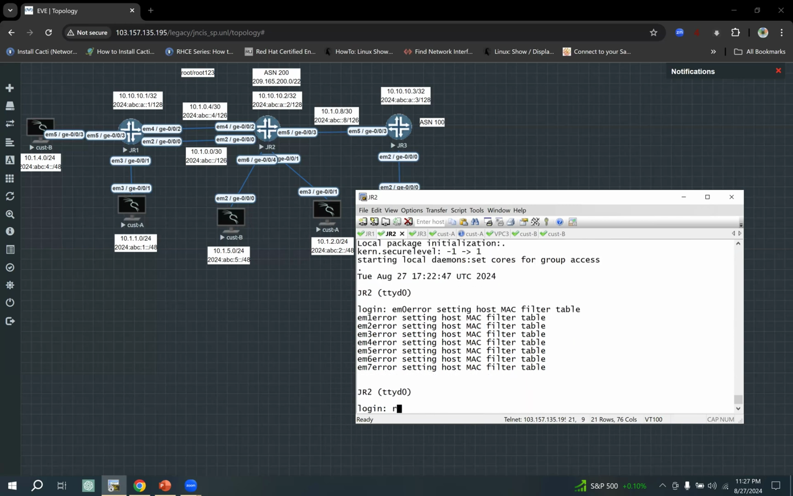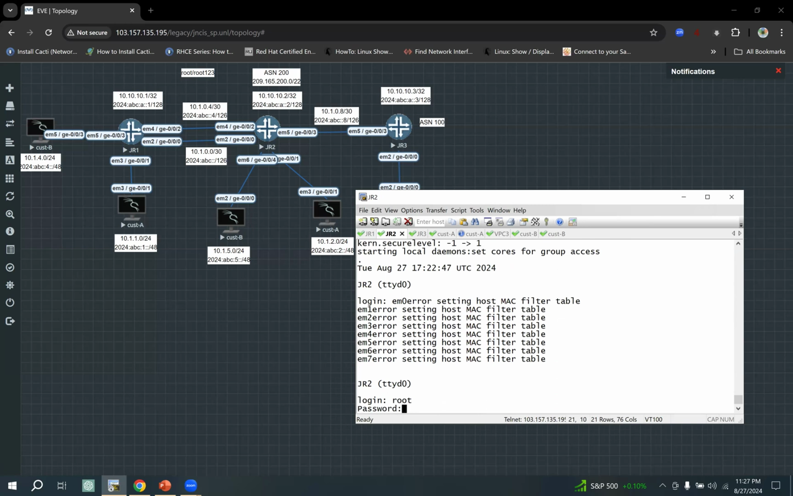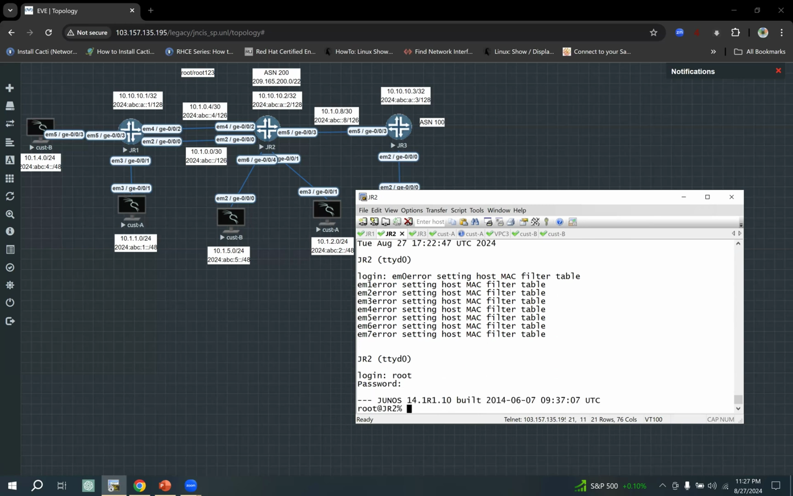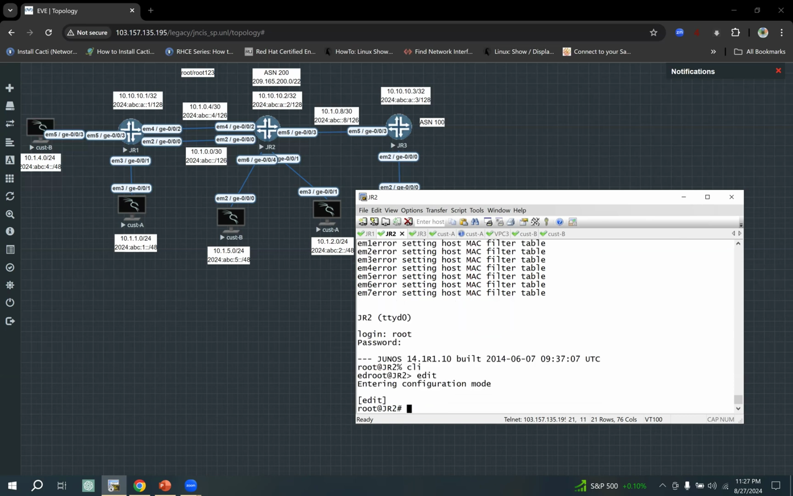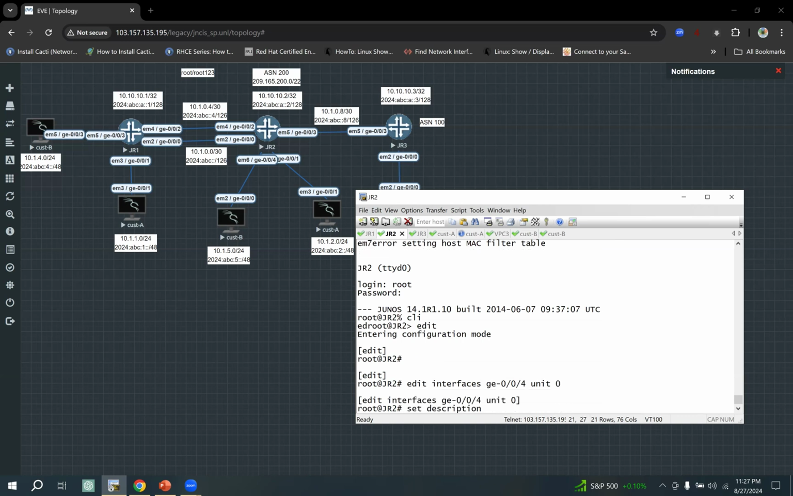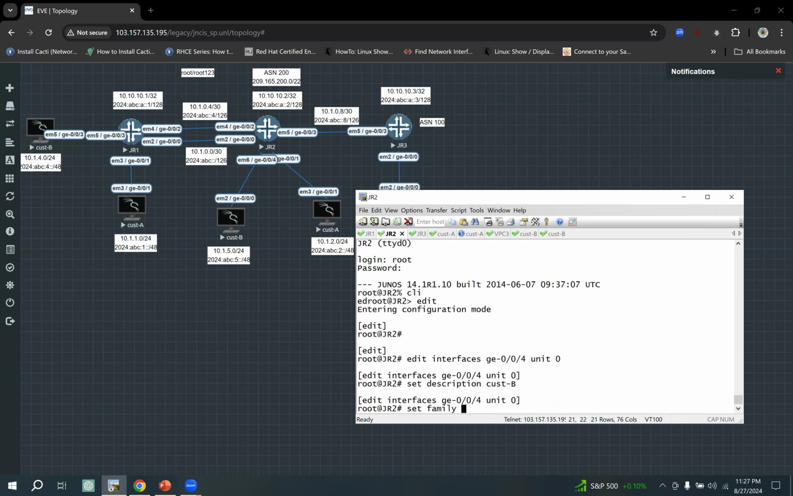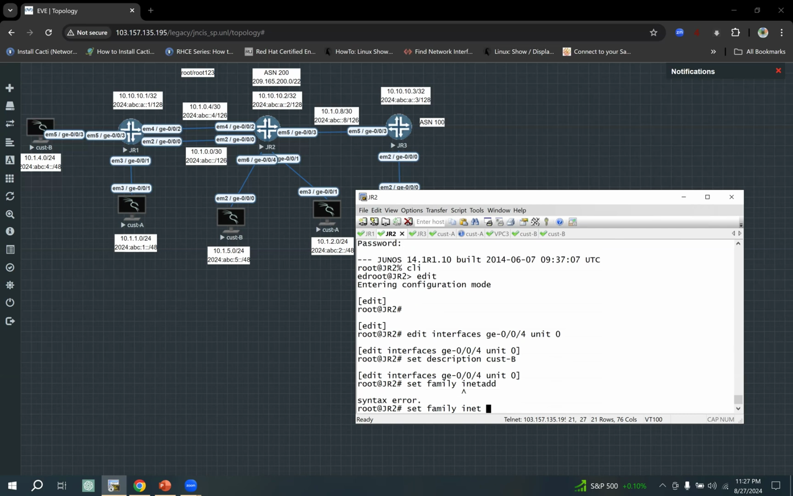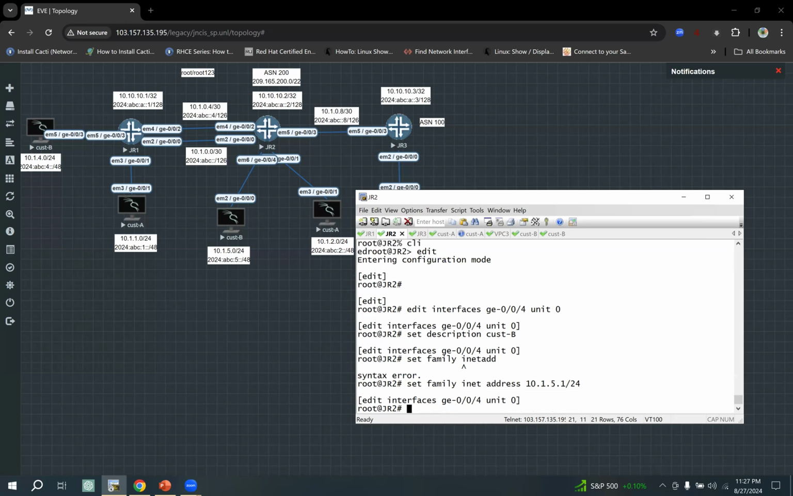Router 2. Edit interface CE. Interface is 4. Unit 0. Description: CE customer B. Set family IP address. IPv4 address is 10.1.5.1/24. And the IPv6 address will be 6